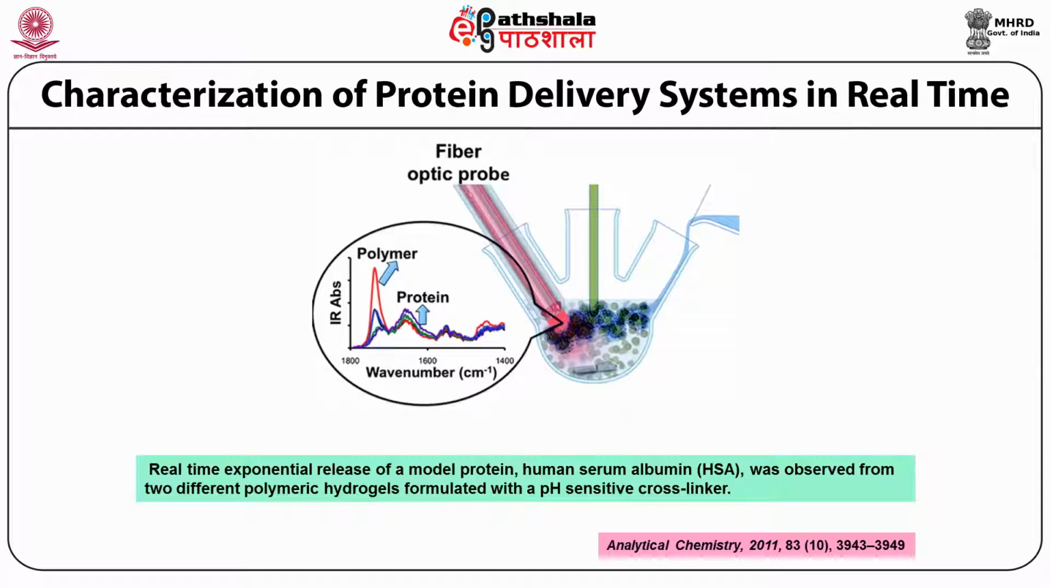Using the fiber optics based probe, you can take the polymer and check the IR spectra of the protein in real time, as the release of the model protein increases exponentially. For example, here human serum albumin release was observed from two different polymeric hydrogels formed with a pH sensitive cross-linker. So the pH sensitive cross-linker carries the protein, but once the protein is released inside the cell in a time